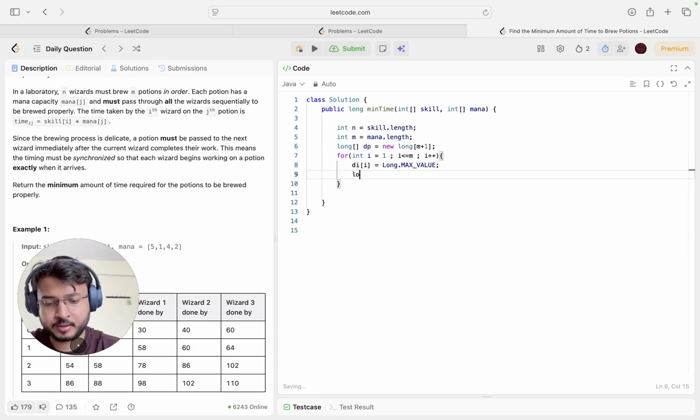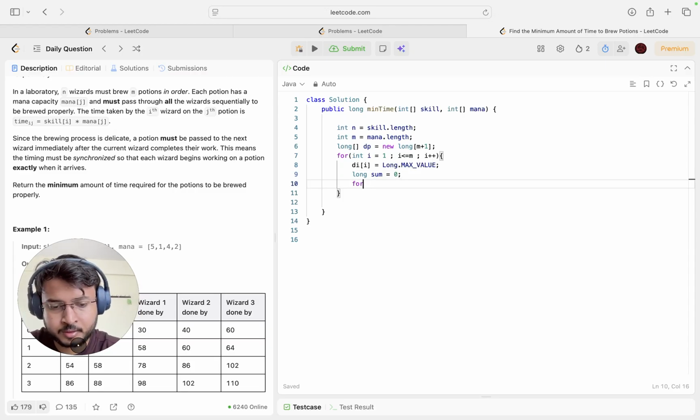After that we will set sum equal to 0, and we will make use of one for loop again, for int j equal to 1, j less than or equal to n,